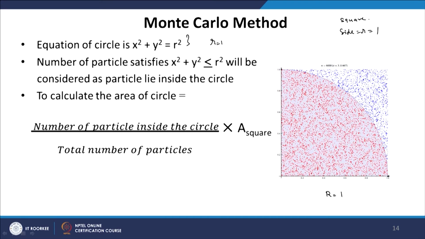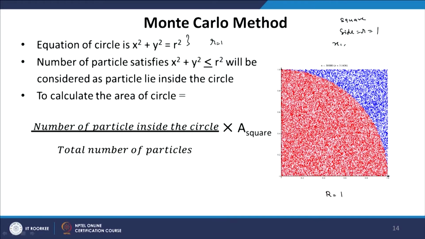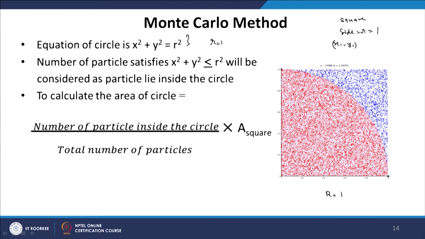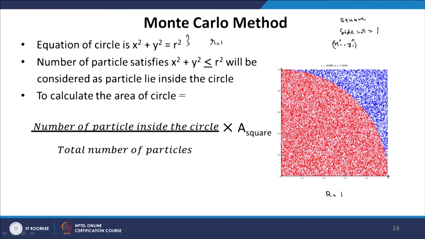And why have we done it? Because we know that we are going to use uniform distribution. So, we want points to be generated using random numbers uniformly over this surface of the square. So, what we will do is we generate, let us say, 100 or 1000 or maybe a million points. The points will be x1 and y1. Now, x1 and y1 represent the coordinates of the points. This x1 and this y1 are selected from uniformly distributed random numbers.